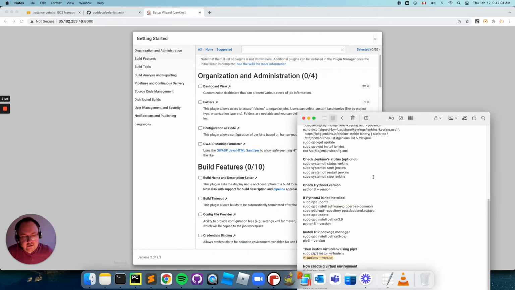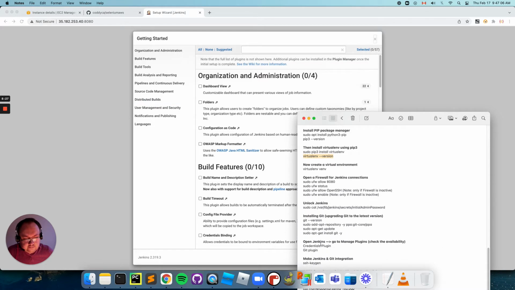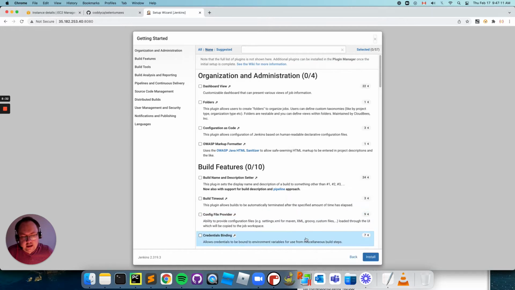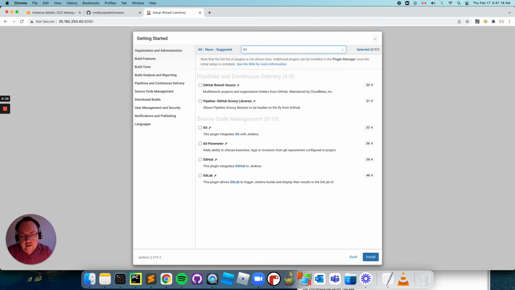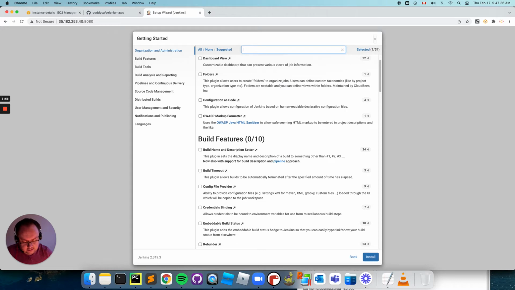And we have to select, I can show you in the file. So this is called credentials binding and Git. So let's start with Git. So we just type Git, GitHub, Git plugin. Okay, so this is called Git. This plugin integrates Git with Jenkins. Okay, just select this Git. Okay, do not press install yet. Remove Git from this list, and